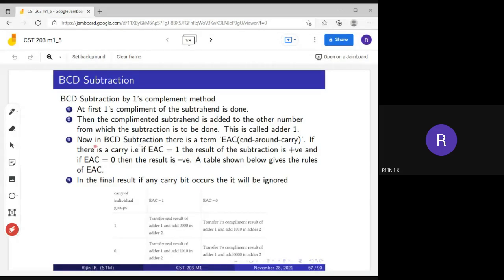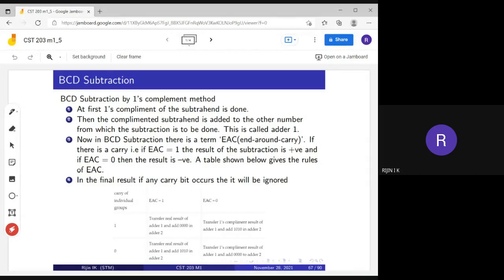there is a term EAC, that means end around carry. After the addition operation, if an end around carry occurs, that is EAC equal to 1, then the result of the subtraction is a positive number. So first you find the complement of the subtrahend, then add that complement with the first number.